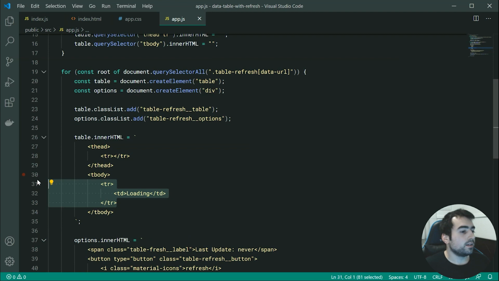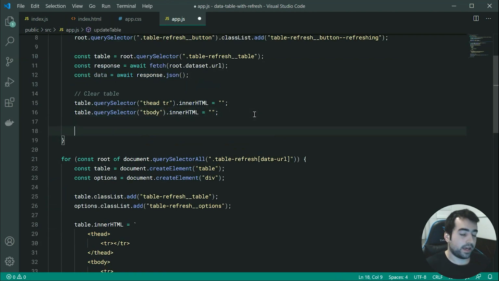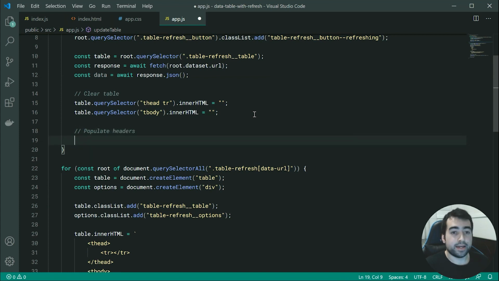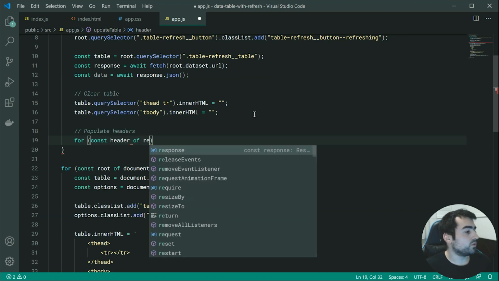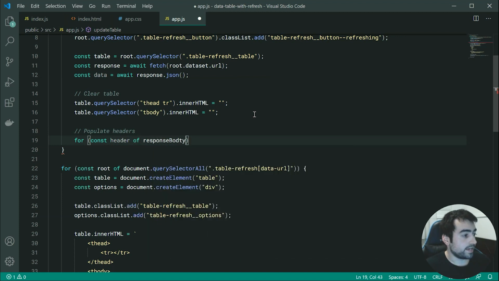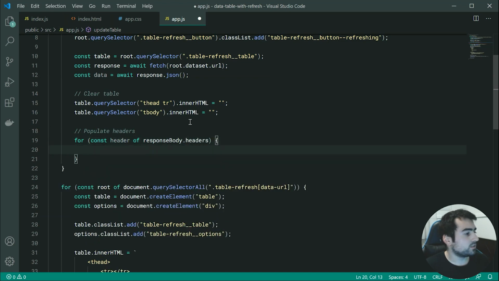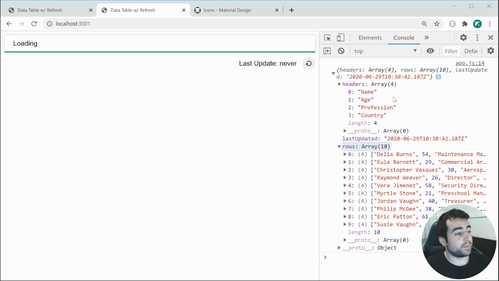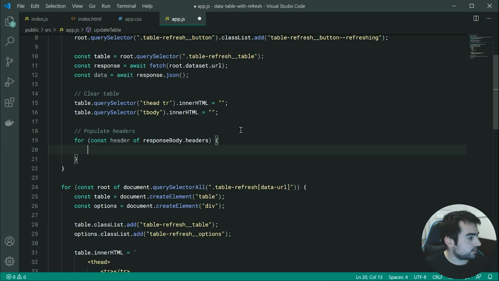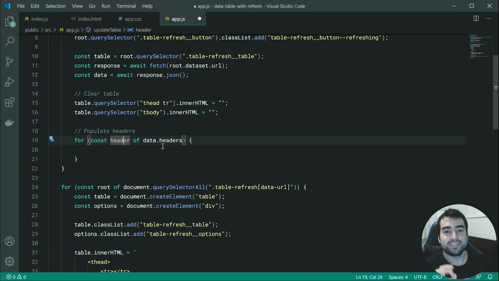Okay, cool. Let's go back up here, and now we can simply have two blocks of code. We can say populate headers. So for the headers, we can simply say for const row, you know what, my mistake, for const header of response body dot headers. Okay, so let's go back inside here real quick. We can see I've got the headers array. So basically, we're going to be looping through this headers array. You know what? This needs to be data. My mistake. So for const header of data.headers, we're going to say